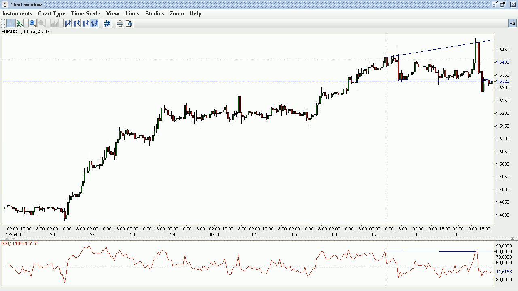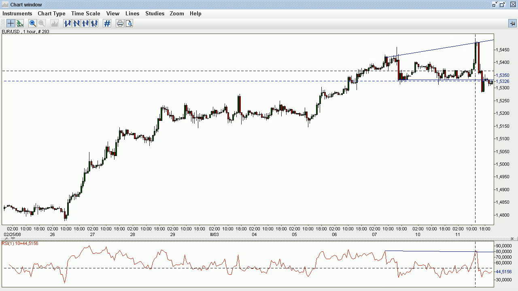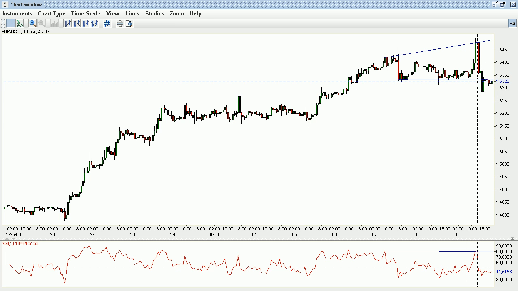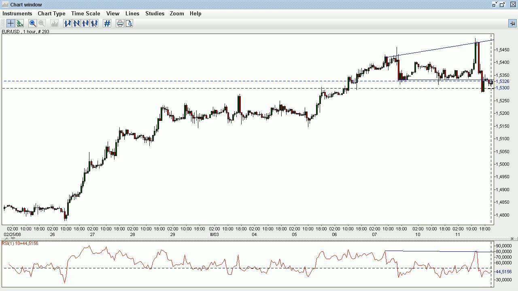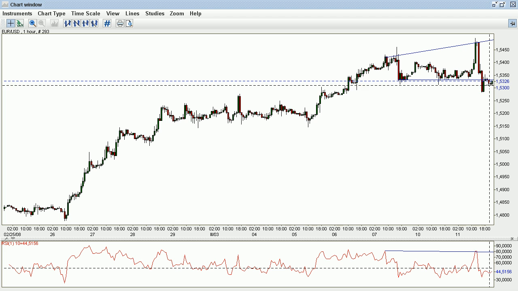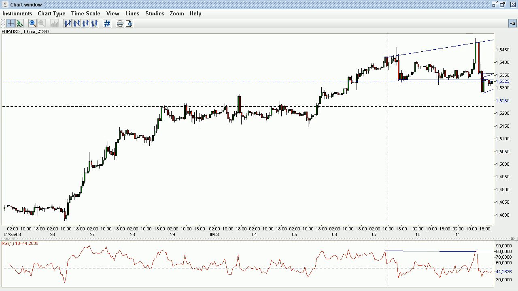Since this divergence held for the last 3 days, and on the hourly chart this is a bigger indication that we are going to see more declines to the downside. So now my bias turns bearish, and what I'm expecting to see is we might see a little rectangle formation forming here, probably reaching this level of 1.5355, or a little bit above it, after which we're going to see more declines to the downside,